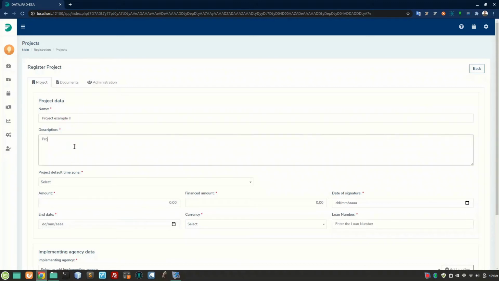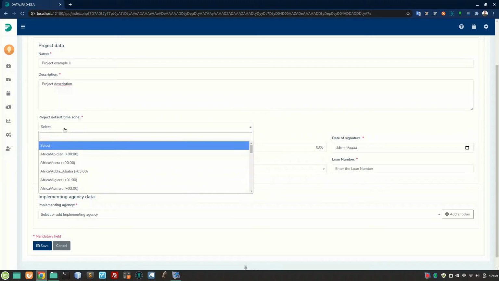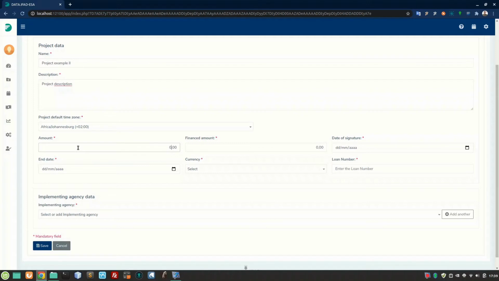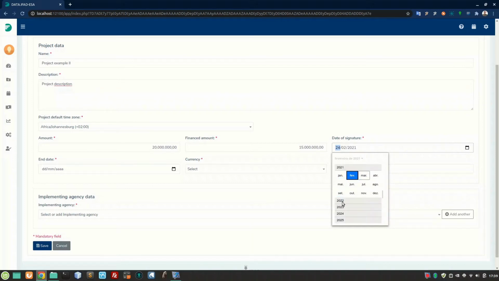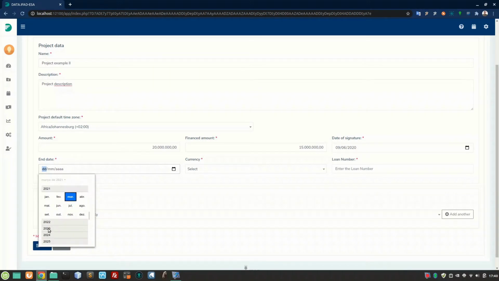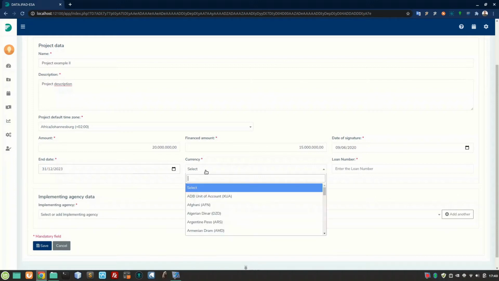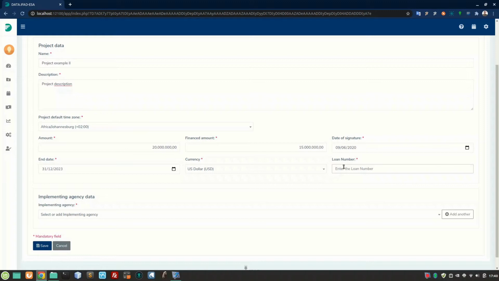For the sake of this exercise, we'll add project's name, description, time zone, project's total budget, amount financed by IFAD, date of contract signature, project's end date, currency used on financial transactions within the project, IFAD loan number,